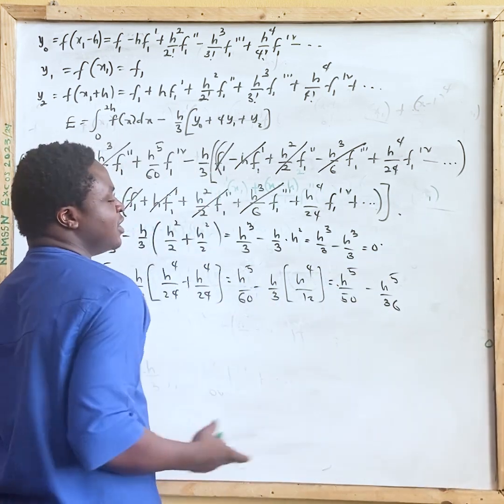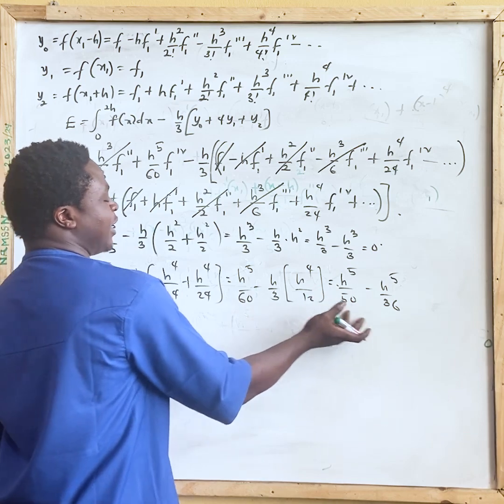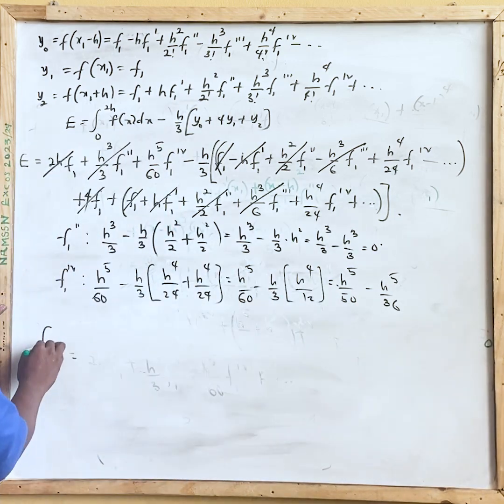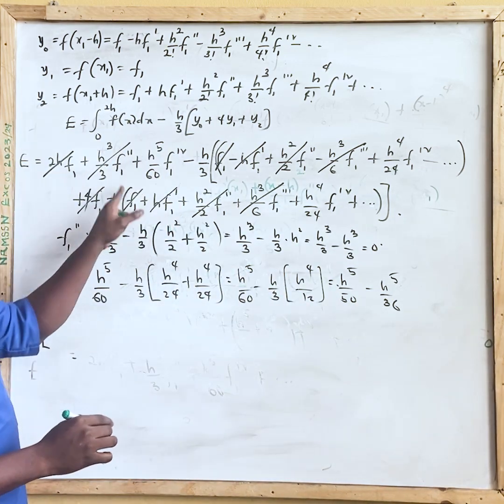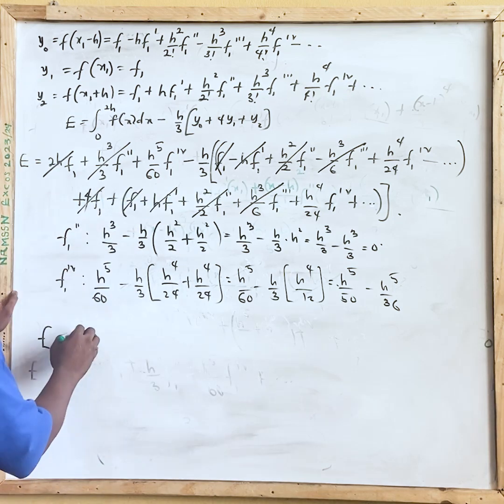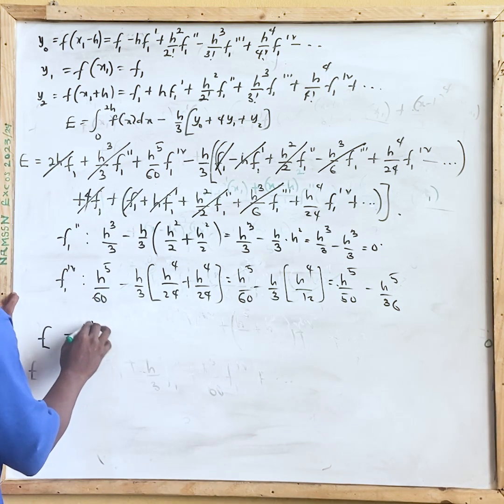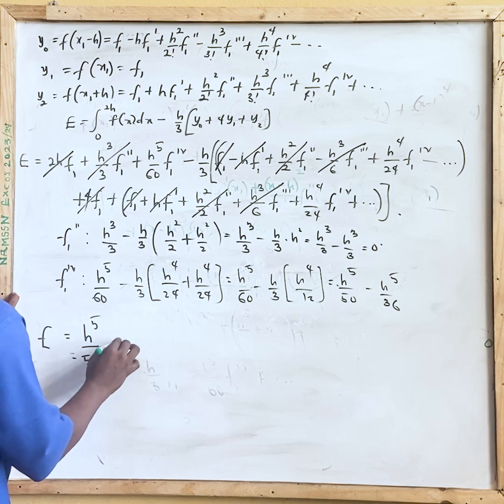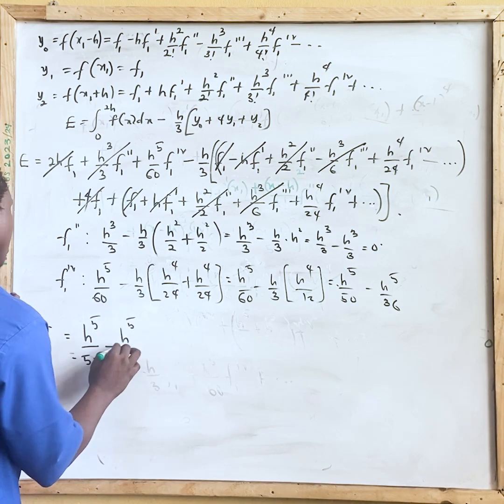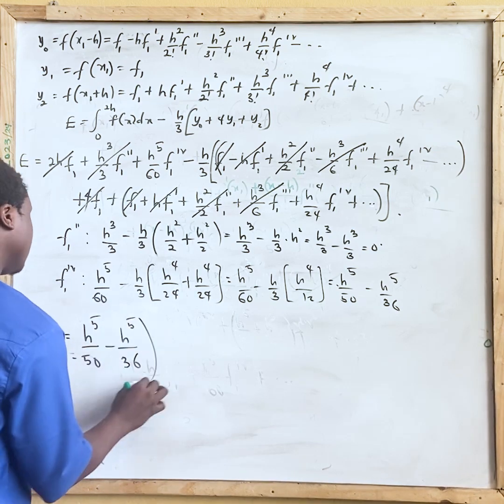And if we combine this, of course, we are not getting 0. So it means that our error, going by the first non-zero term we have, is h to the power 5 over 50 minus h to the power 5 over 36 times